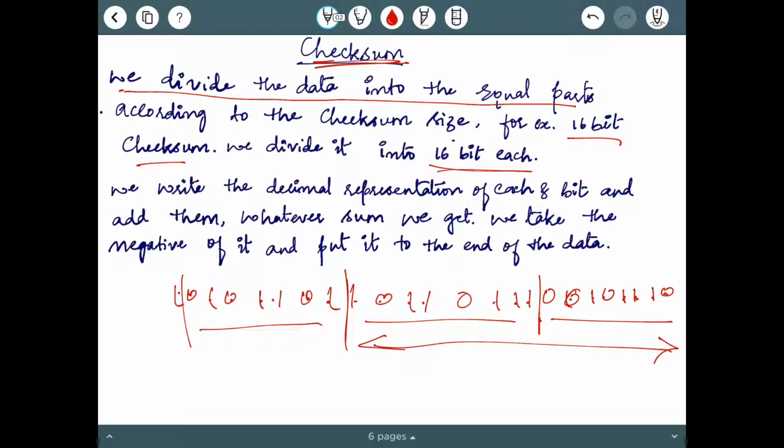But here I thought of dividing into 8 bits, so this is 8 bits. So before dividing, you have to identify what will be your checksum size. Then you will be able to divide it, and then we write the decimal representations of each bit. So we are going to write the decimal representation for this, and for this. After writing the decimal representation for all of this,